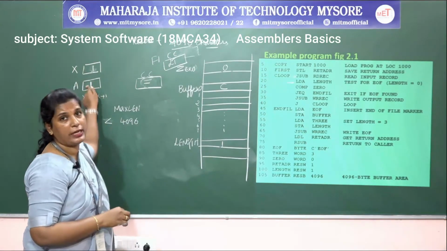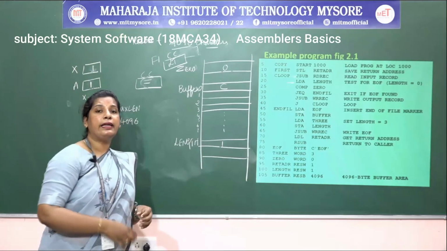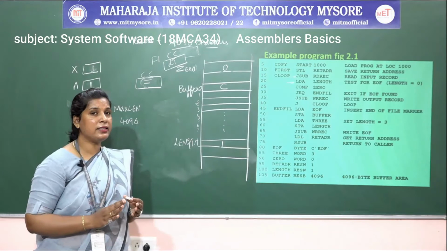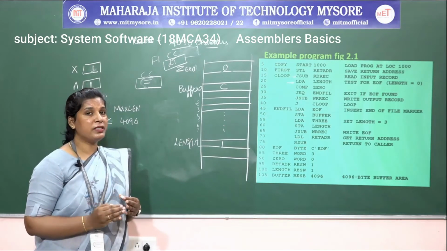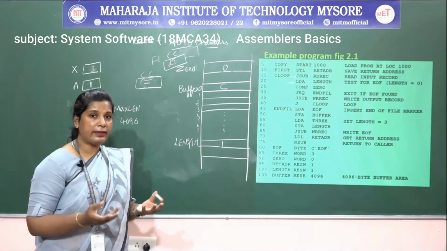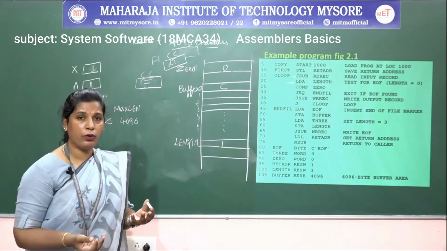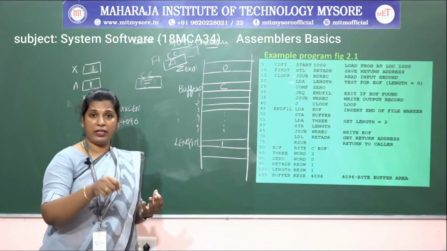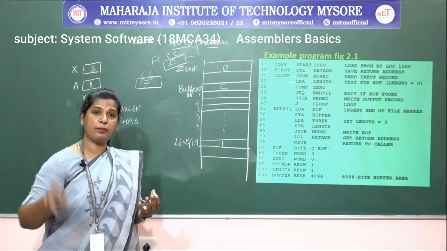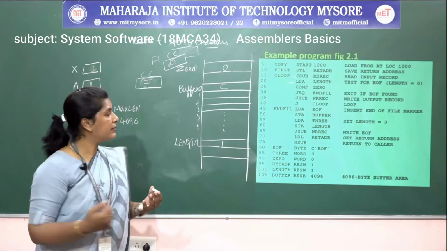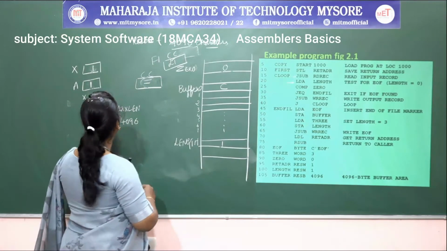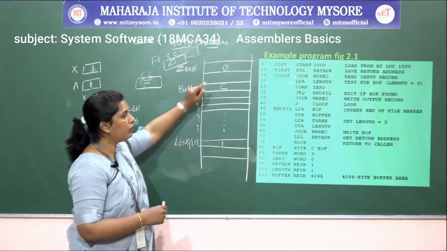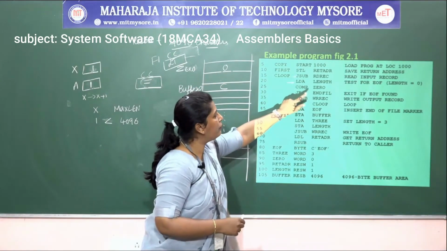So I want to check whether the record length is 0 or not. If the record length is 0, what does it mean? It means no characters are there to be displayed onto the screen. At a time I can read only 1 record. After reading that one, I want to display the same record onto the screen. So I want to check the length of that record with 0, right? So comparing the accumulator value with 0.